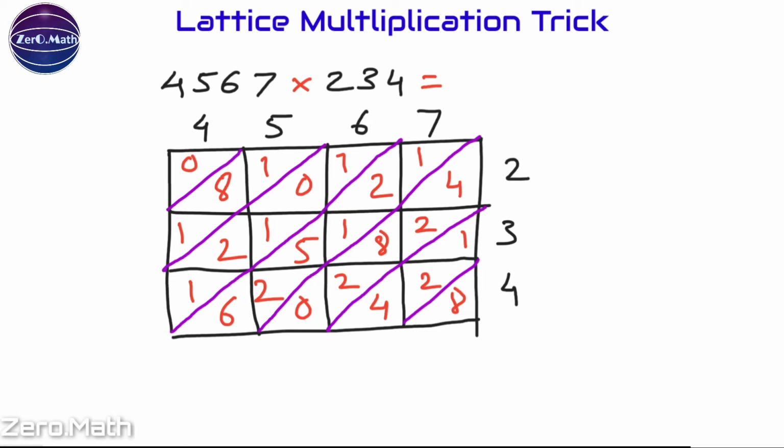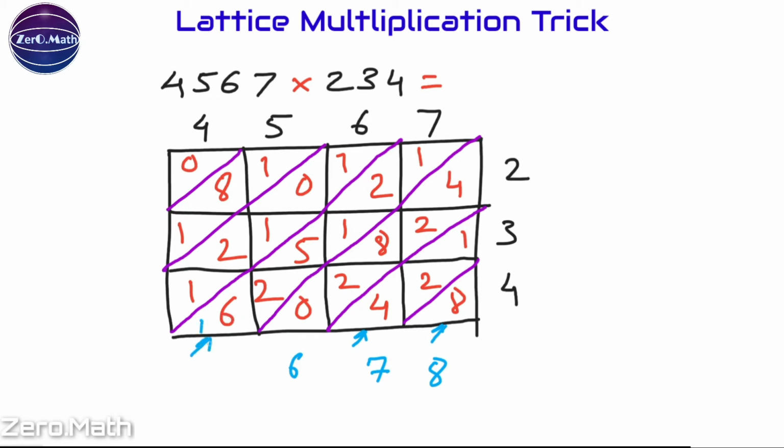Now we are going to divide this into groups based on the diagonals. So let's take the sum of the first group. The sum of the first group is 8. The sum of the second group is 4 plus 2, 6, plus 1, 7. Let's take the sum of the third group. So 8 to 10 to 12 plus 4, 16. So I'll write 6 over here and there will be a carry of 1.